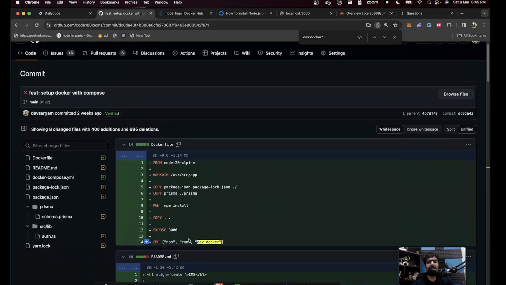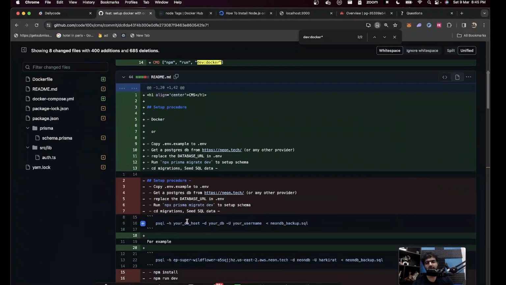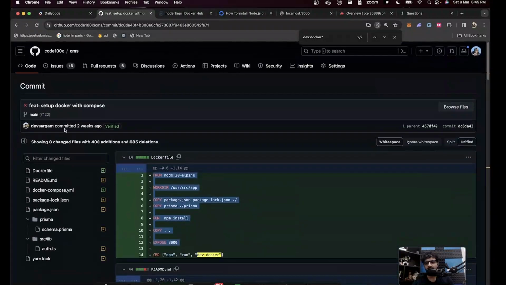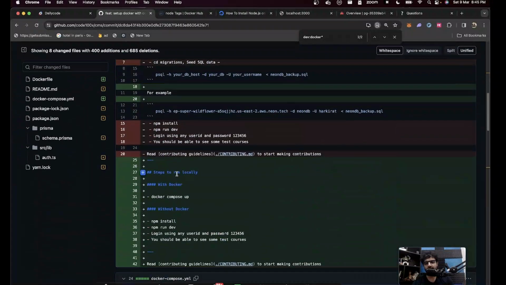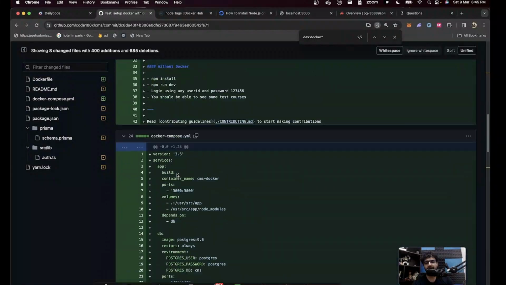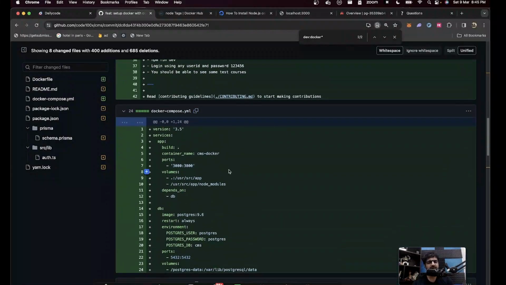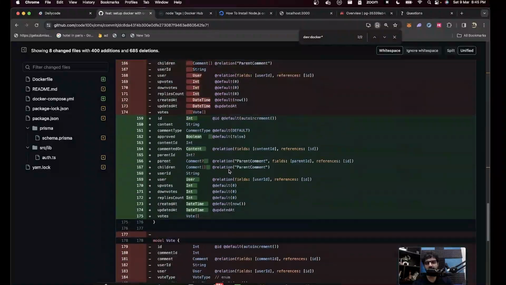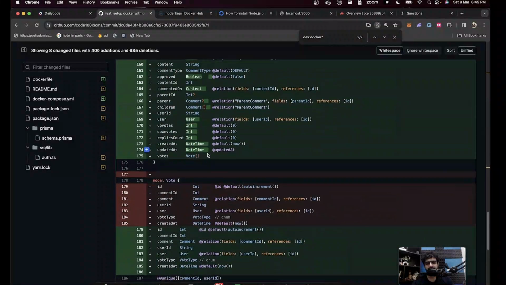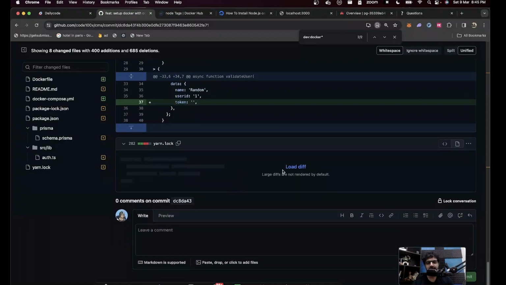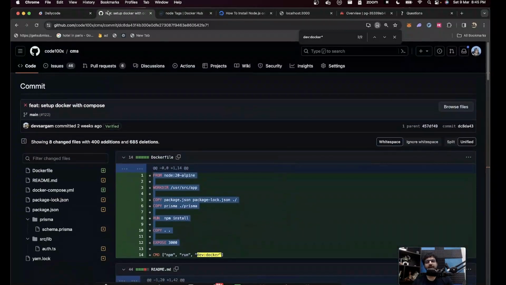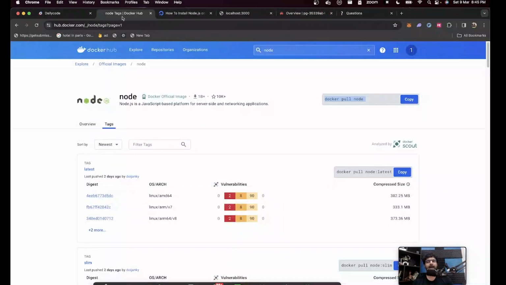So this is the contribution that this person made. I think there was a bounty. I could be wrong. I don't know. If there wasn't, there should be a bounty to this. It's like a pretty obvious bounty to win. And they updated the README. They had Docker Compose, which I'll share what this is tomorrow. This just seems like they cleaned up the schema a bit, changed the lock file. That's it. So yeah, this is hopefully something you can understand and do now.